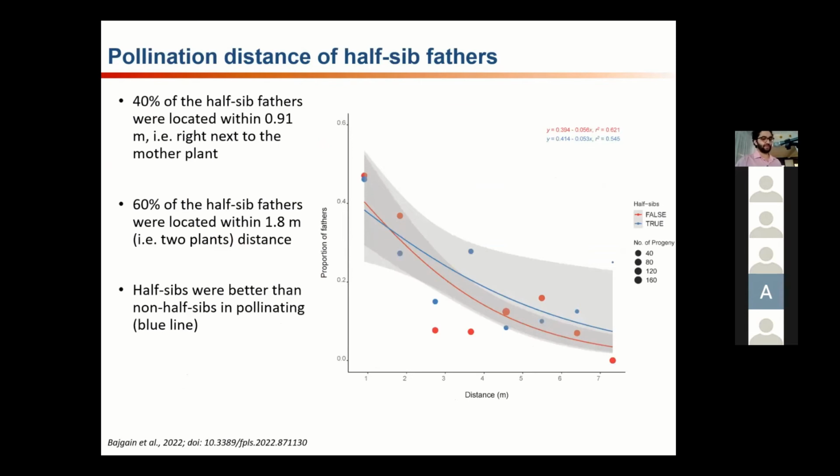Going back to the half-sibs, because we have a family structure-based space plant nursery, we looked at their success rate in pollination. If you look at the plot, with distance on the x-axis and proportion of fathers on the y-axis, the blue line is half-sibs, meaning that if there was a mother plant within a family, the blue line shows the success rate of the half-sibs within that family in pollinating the mother plant from the same family, whereas the red line is non-half-sibs, fathers outside that family. So overall, except for the very first scenario, we found out that the half-sib fathers in the nursery are actually more successful than any other given father